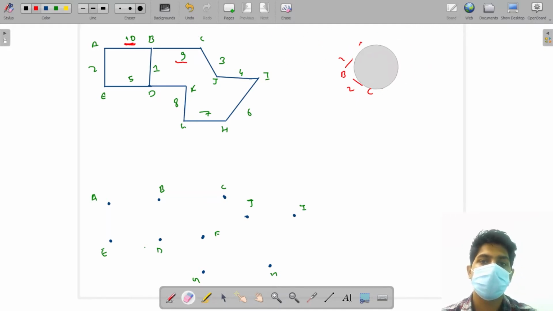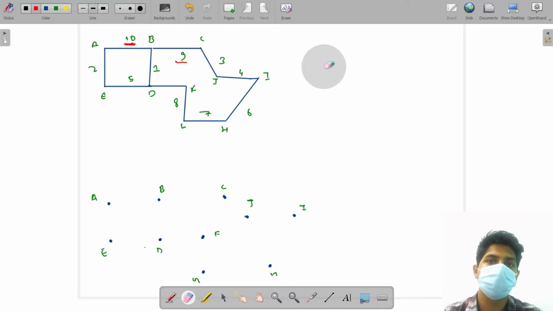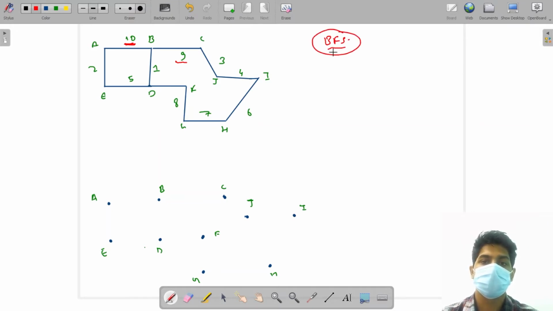Okay. So now how will we figure out which particular edge to remove or not to remove in a graph of a bigger size? The algorithm which we are going to use for this problem is known as Prim's algorithm. It is a minimum spanning tree algorithm. The algorithm is almost the same as BFS, but not exactly BFS. It is also very similar to Dijkstra's algorithm, which we solved in the previous problem.